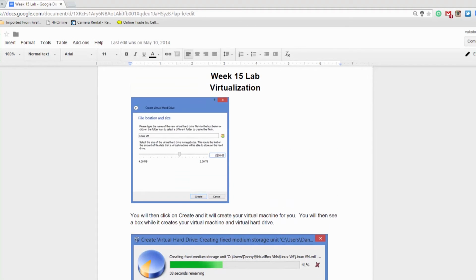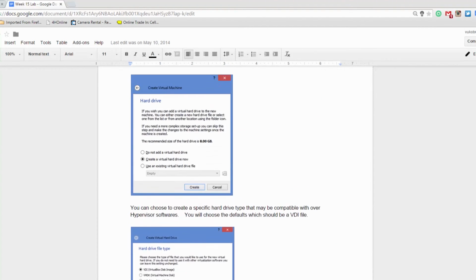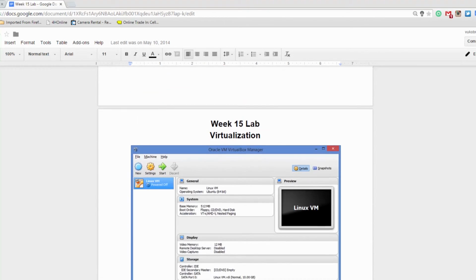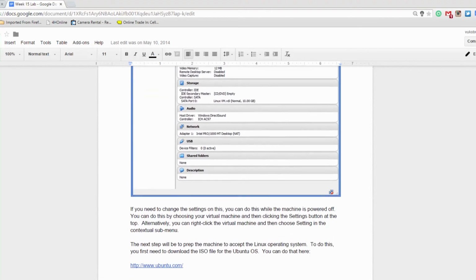So you can see here how it's running through different things. This is actually setting up a virtual machine once you have the installation done. And then your virtual machine's set up. And then you need to download an operating system. We're not going to be doing Windows 7 again. Like I said, we're going to be doing